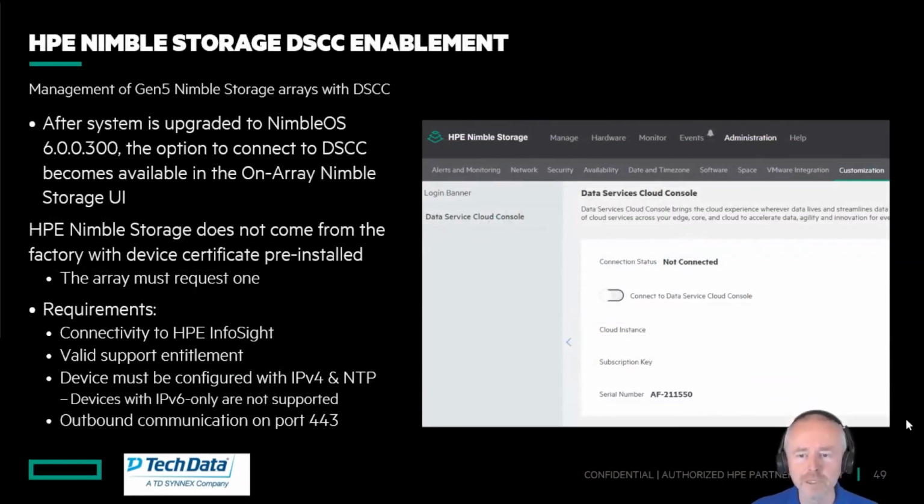This is your Nimble on-premises built-in embedded management portal. You just have to go. It's a really strange location, I admit. You have to go to customization. So in administration, customization, and now there's a new tab called DSCC, Data Services Cloud Console, and you just have to connect it. You just toggle that switch in here, put it connected, and then you will get here a subscription key. After a few minutes, it takes 2-3 minutes to set up that secure channel with greenlake.hpe.com. Then you will get a subscription key, and it's that subscription key that you need to copy paste in your